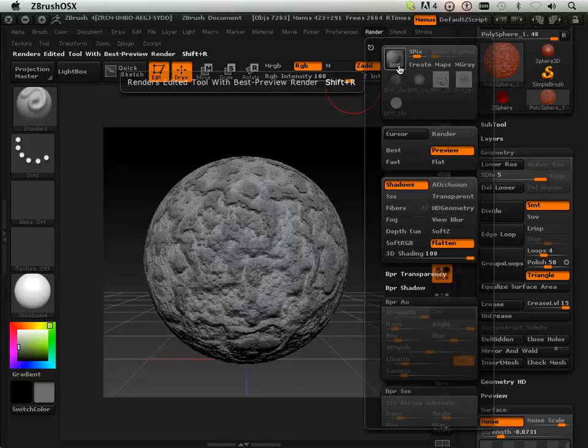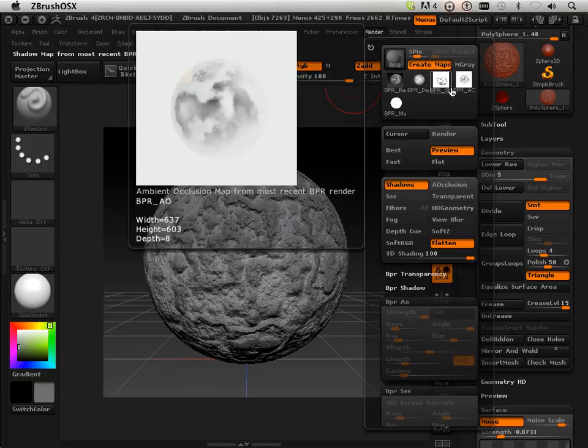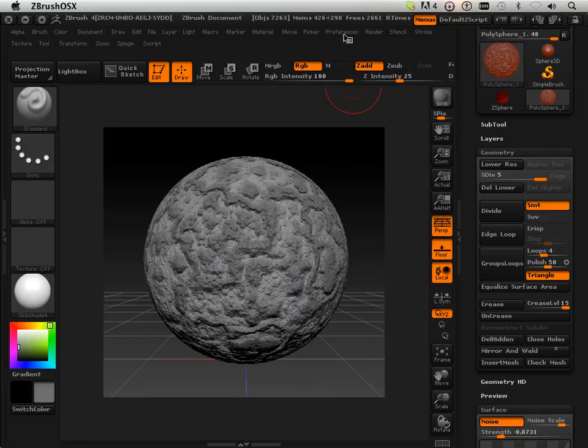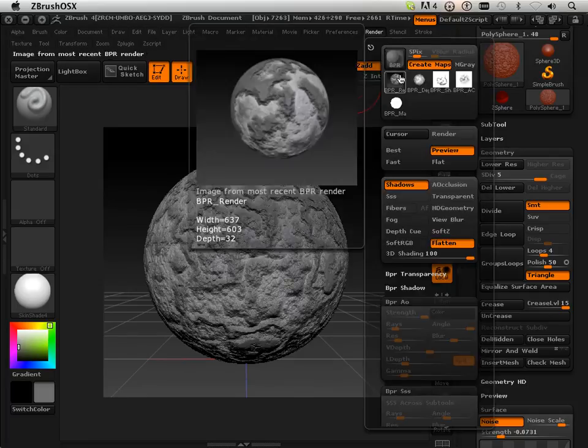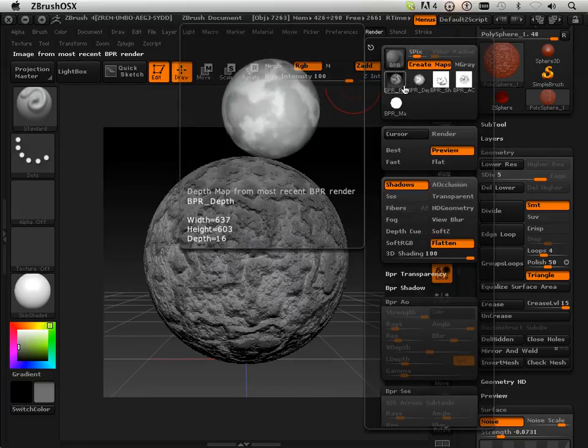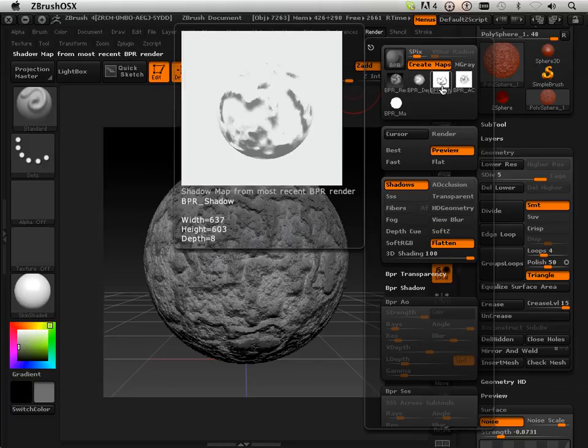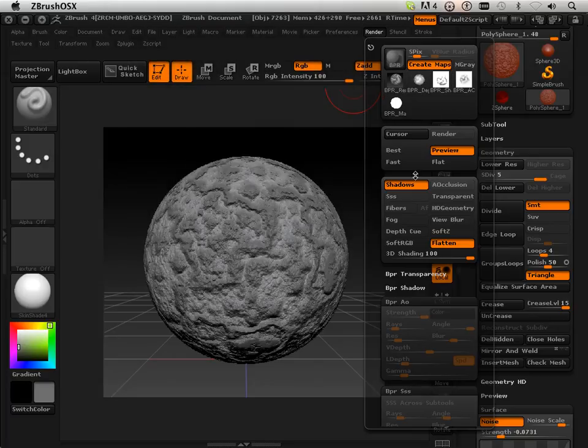In Render, we have this new feature called Best Preview Render. The only issue I have with it is that when I go to create maps, the previous creation is in here. Even when you initialize ZBrush, these are still in there. I would love to find where these exist and just rip them out of the hard drive every time. The problem with that is occurring because let's say